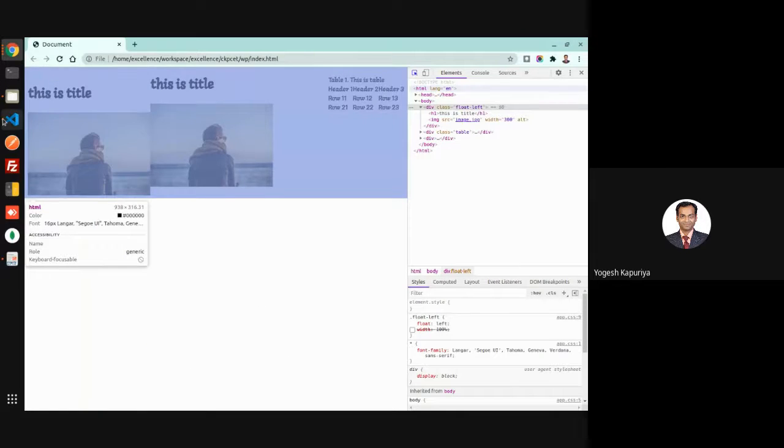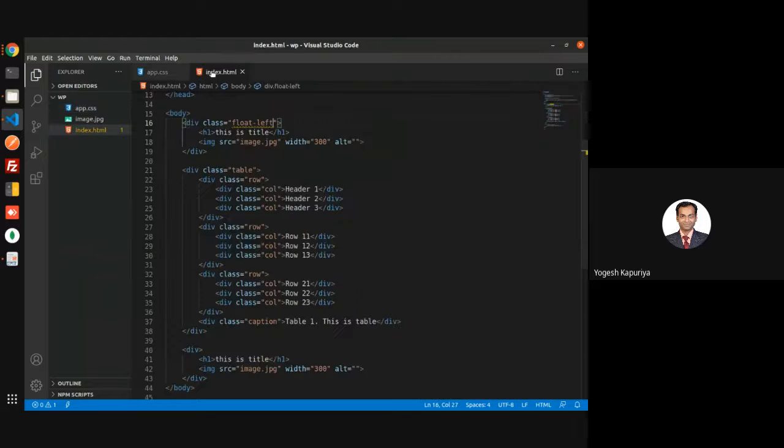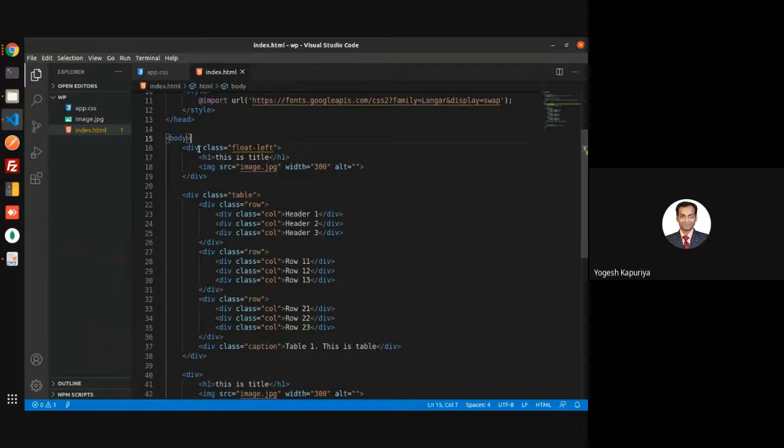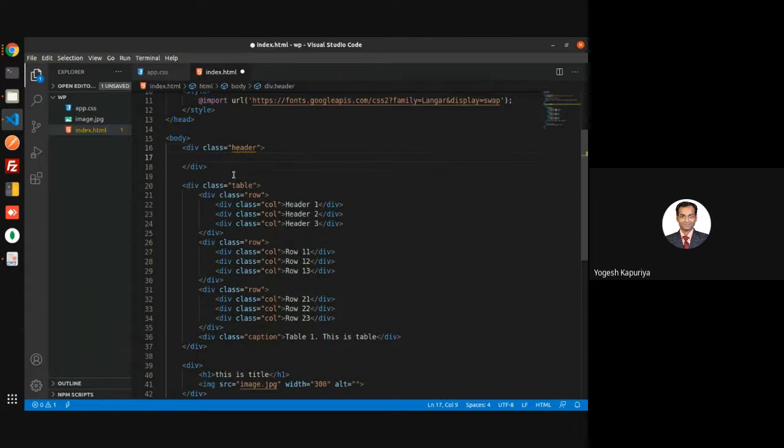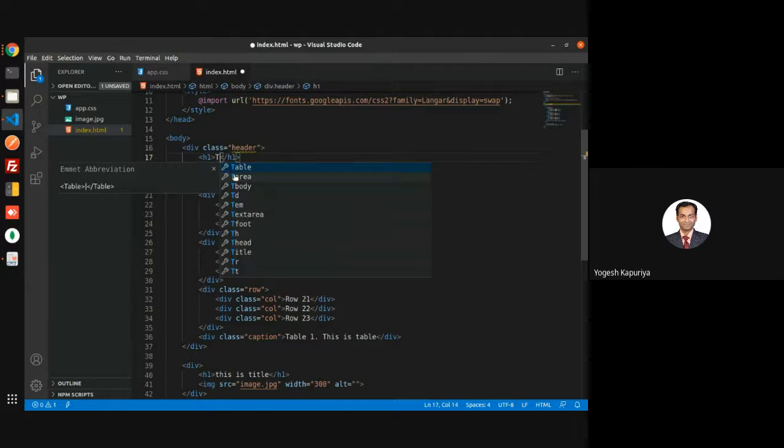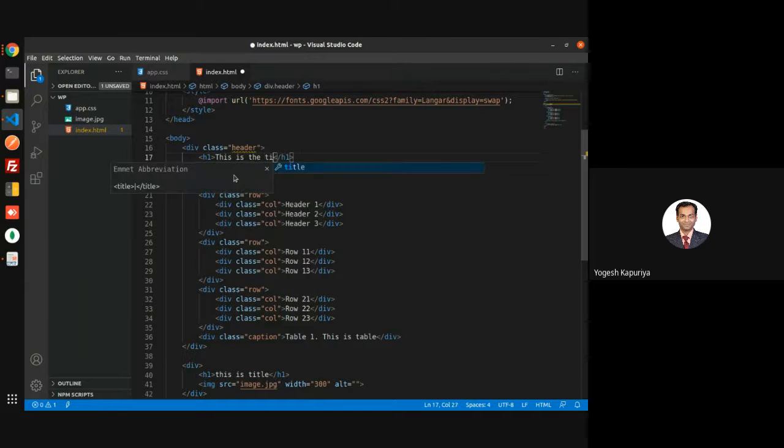So let me give you an example. Normally, generally what we have is some kind of a header bar. So let's say I'm creating one class which has the name header, then it has some title. So this is the title of my web page.